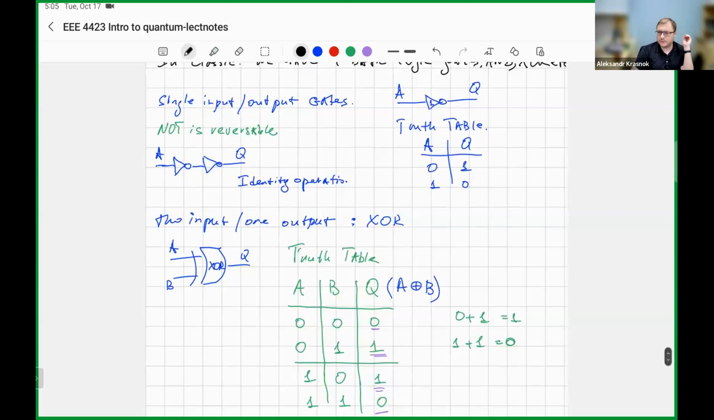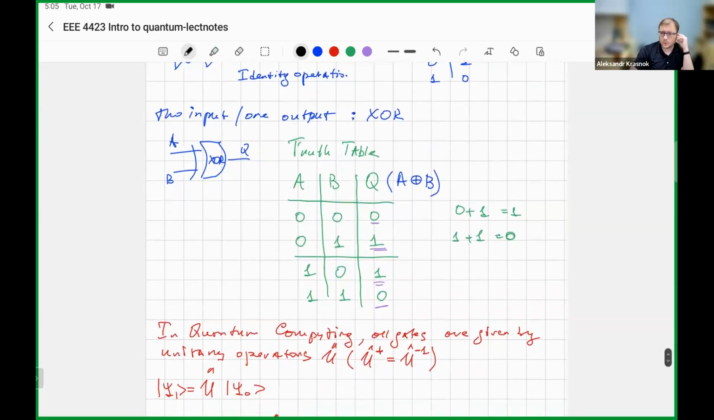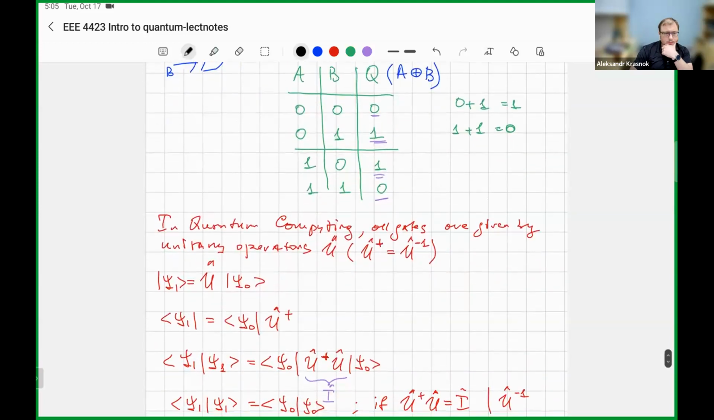The NOT gate is an example of a reversible classical gate. XOR is not a reversible classical gate, and the logic of this XOR gate is given by the XOR sign, circle plus. And then we said that in contrast to classical computing, in quantum computing, all gates must be unitary